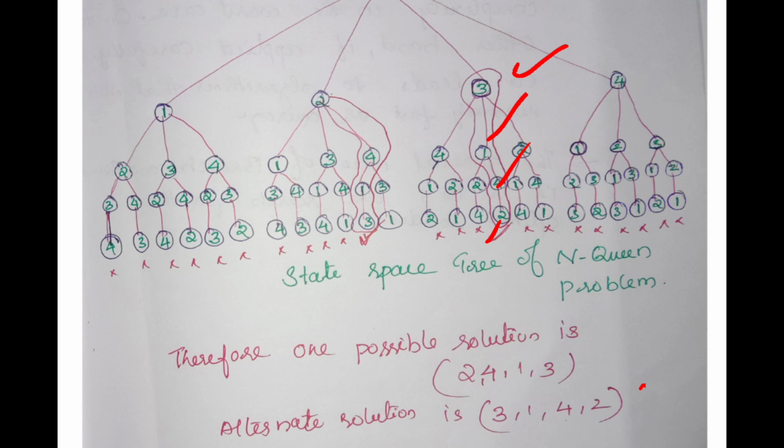What is the problem actually? Where we place 4 queens on a 4 by 4 chessboard. Only two possible solutions are there. One is 2, 4, 1, 3, and the other is the mirror image of that solution, which is 3, 1, 4, 2. So two solutions are there. Tick those two solutions, then cut the remaining ones.